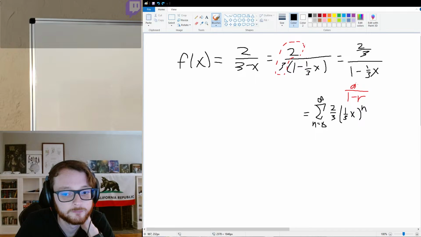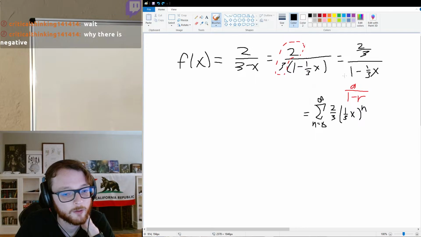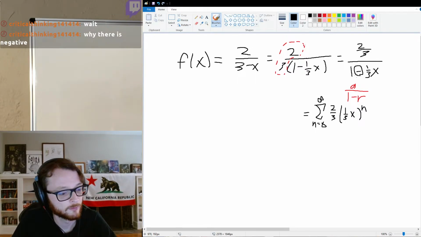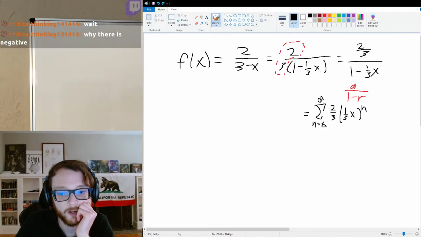What's up? Why is there a negative? Like the negative here, or on the bottom? So